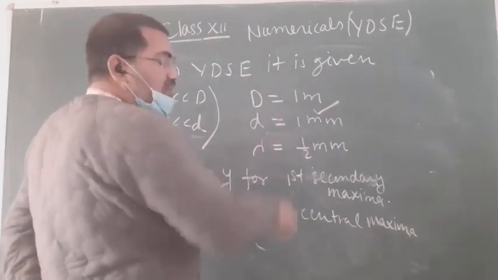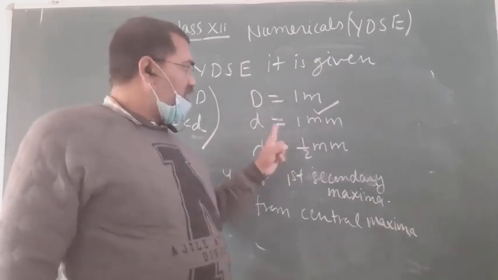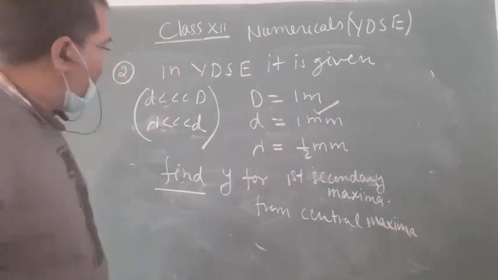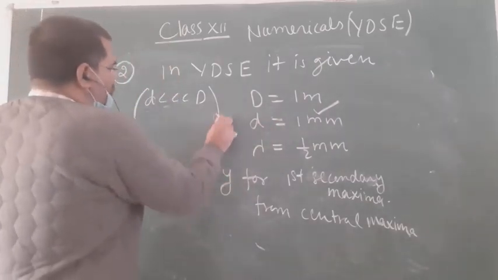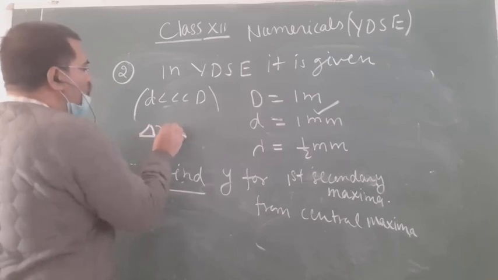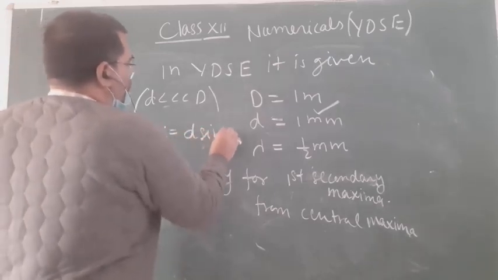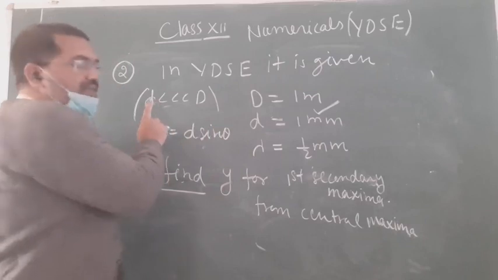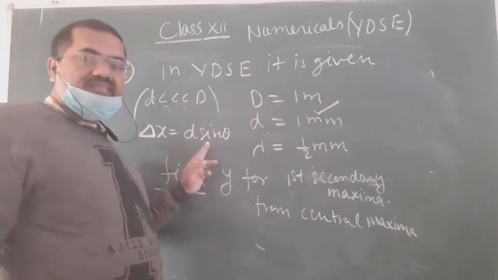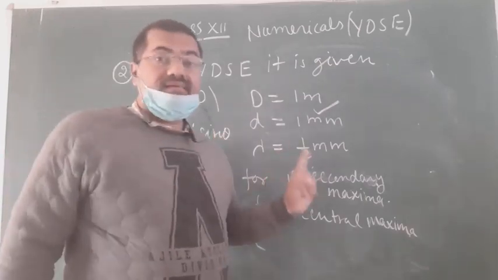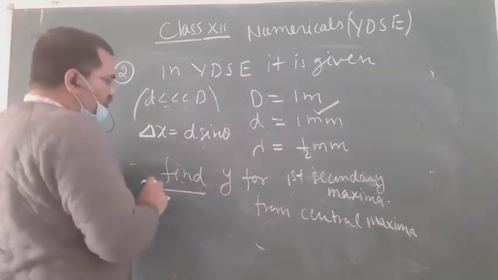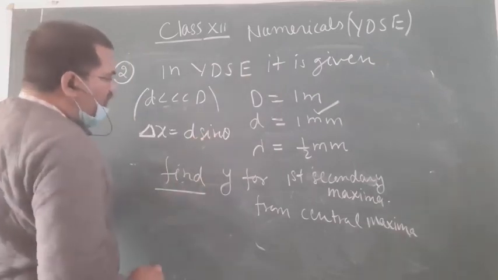But lambda is not much smaller than small d. Lambda is comparable to small d here. So only one condition is here. So for this condition, path difference between two waves is d sin theta. If we take one assumption only, that is d is smaller than capital D, then path difference between two waves is d sin theta. We have earlier discussed this in the previous lecture. So this condition is fulfilled. So d sin theta, okay.